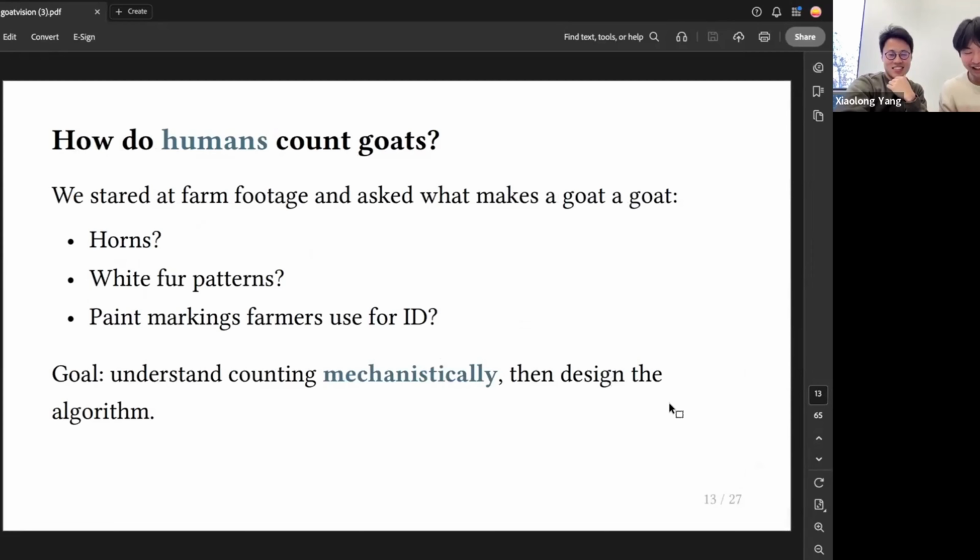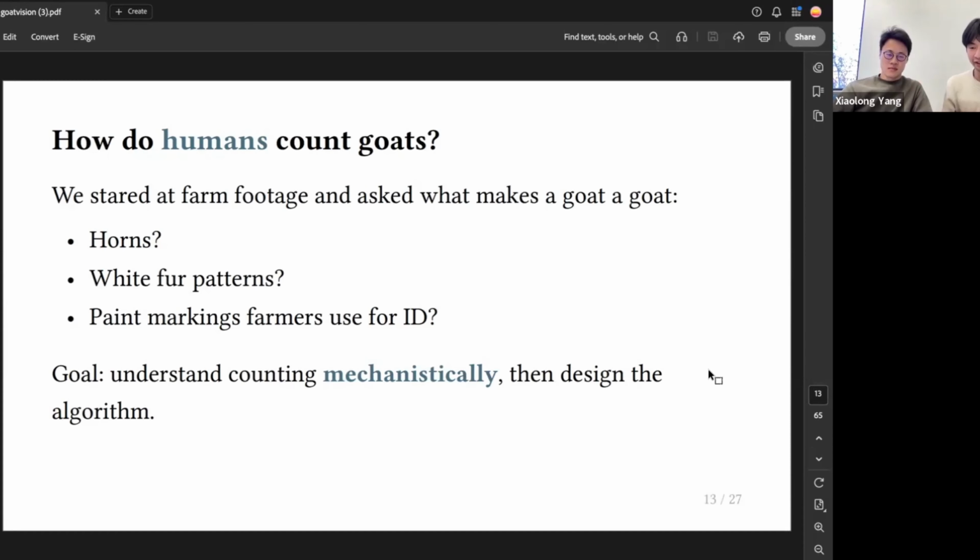Let's say you lose one black goat there. You just lost 50 goats, and each of them brings a decent amount of assets to the farm, so you lose a couple thousand dollars just from missing a goat. We would not want to do that. Another way is counting just the horns, because that's more identifiable than a blob of white. Or sometimes they paint a distinct color on the horns, like a little blue mark, and you just look for blue in your computer vision model.